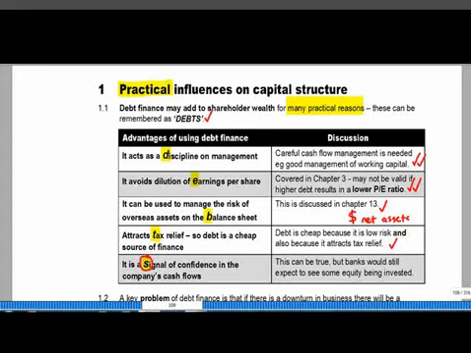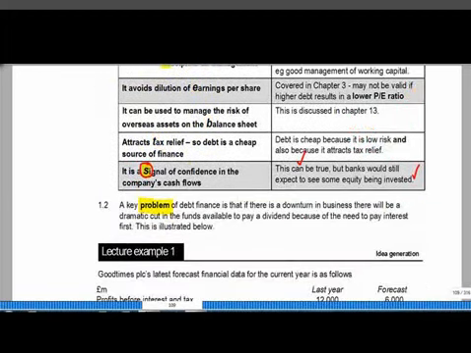But you've got to be slightly careful with that point, because in the current financial environment, if you took out a lot of debt, your shareholders would probably get worried. And banks, especially in the current environment, wouldn't be prepared to just lend to a company if the shareholders were putting no money in themselves. We'll look at some more practical advantages of debt in a moment.